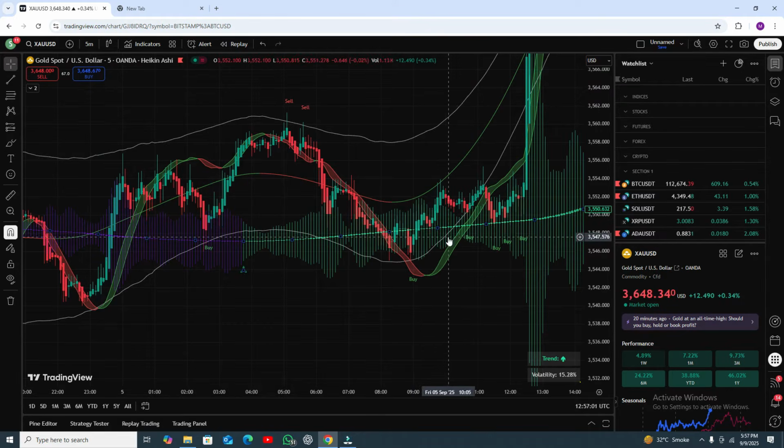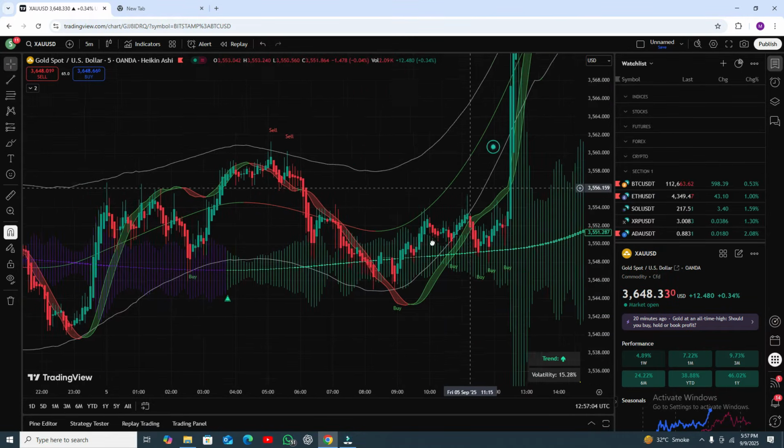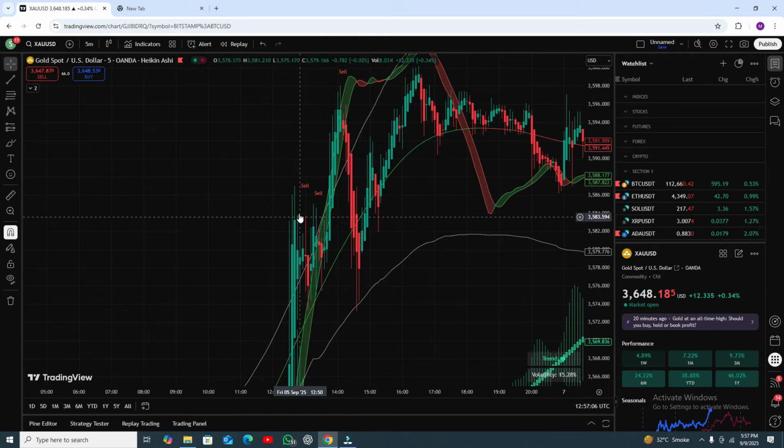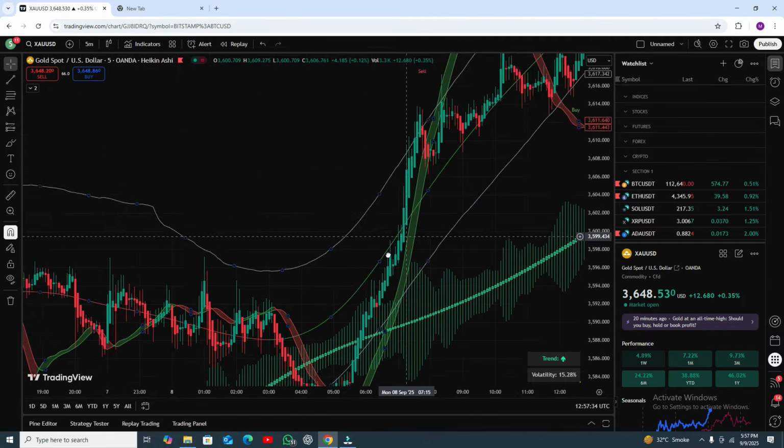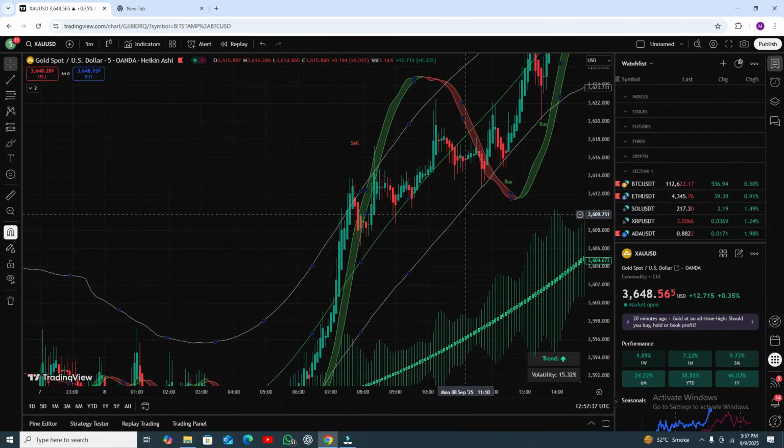And this is your buy position. You can put your stop loss here, and you can see you got amazing profit. You can close your trade here. Remember, here you can see RSI is not coming below the lower band line. Here you can see RSI is now coming below the lower band line. Second, the cloud should be green. Third rule, the candle should close upside of the cloud, and here you can see the candle is closing upside, and you see the results. Amazing.